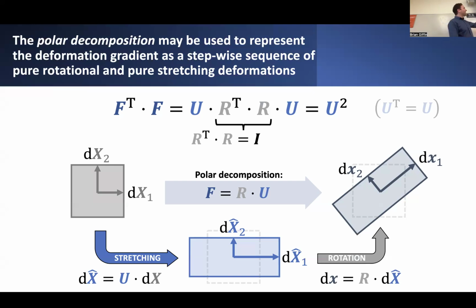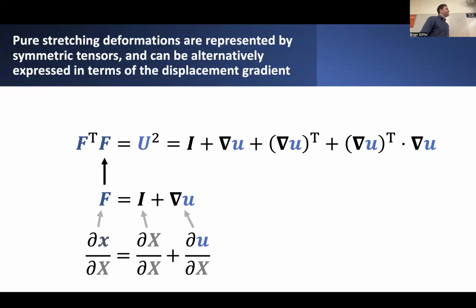And one way to do that is just by taking F transpose F to get U, or more precisely in this context, U squared. So it's the square of this kind of stretch that's going on. But you'll see that actually it doesn't really matter if we're working with U or U squared. We can actually choose to define strain in any number of different ways. But one particular finding that's rather interesting is that if we do choose to examine this quantity, F transpose